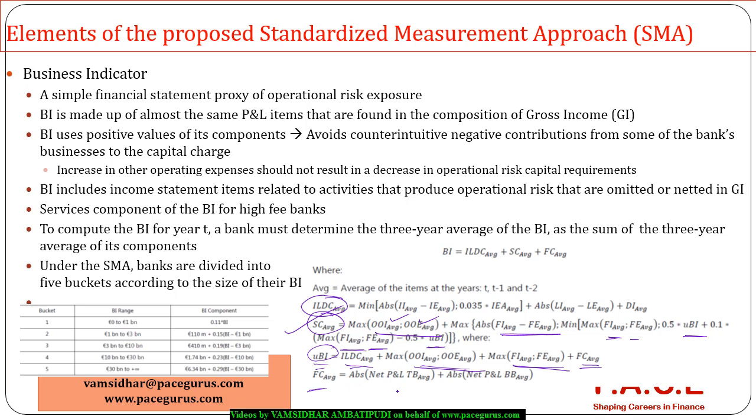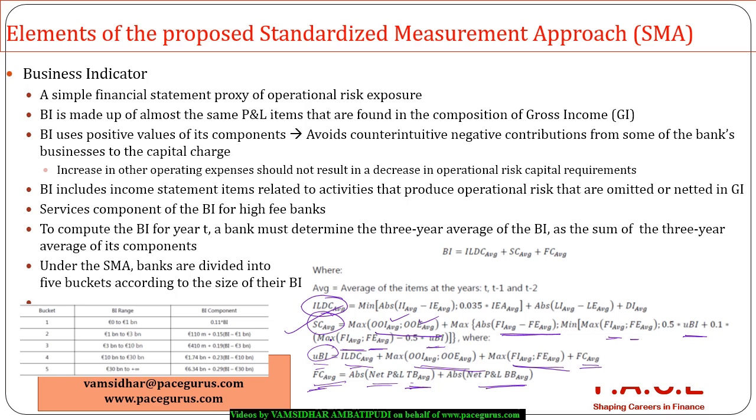And when it comes to the finance component, it is from the net profit and loss. I'm looking at my trading book average. So the net P&L from the trading book related average, and also I am looking at the banking book average. So the trading book average versus the banking book average, I am looking at their net P&Ls, and I am taking their absolute value. That is what is giving me the financial component. So all this put together is giving me the business indicator for the standardized measurement